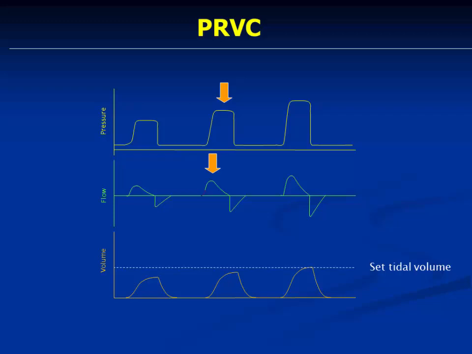So for example, for a tidal volume of 400, plateau pressure was, say, 30. So the ventilator will take this 30 as the pressure control level for the next breath and deliver a pressure control breath with a limit of 30. That's how it works. Then the ventilator will again calculate how much tidal volume has been generated with pressure control of 30. If the tidal volume is less, it will increase the pressure. If the tidal volume is high, it will decrease the pressure. So simple. But they are charging heavily for this simple thing.